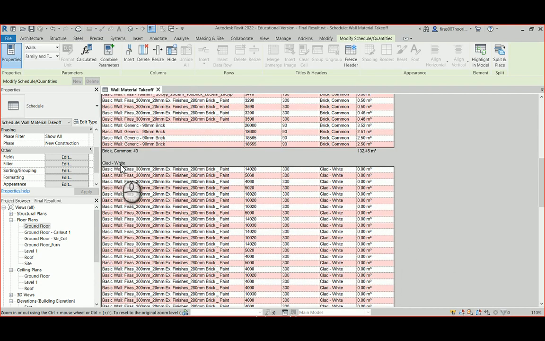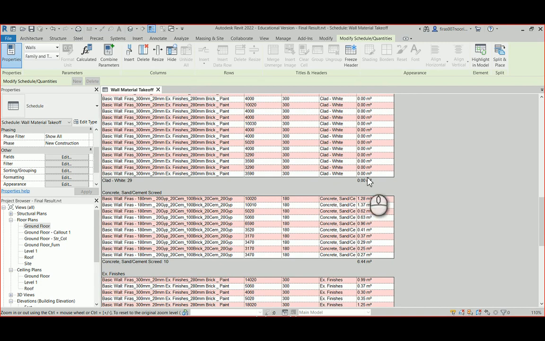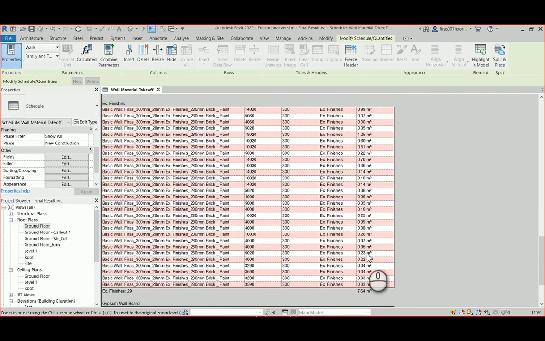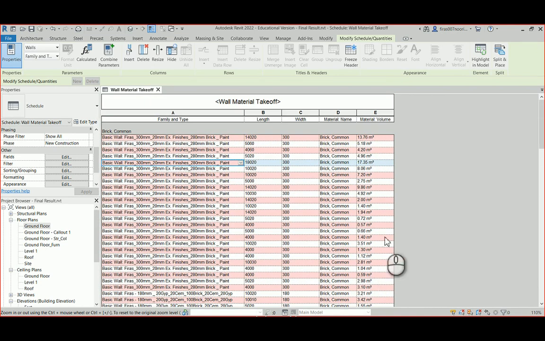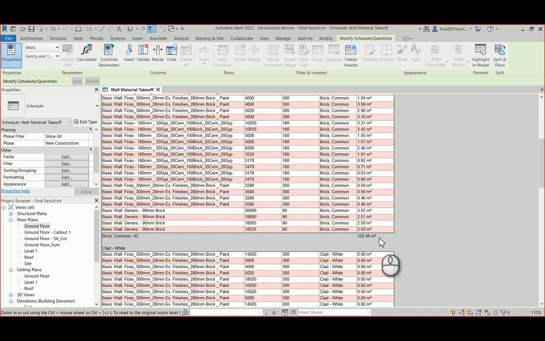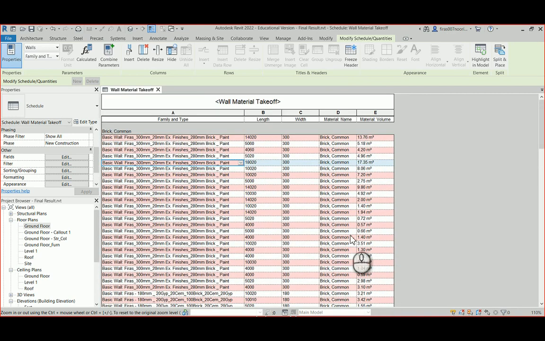Again, I don't care how much this one, I think this is painting, concrete separate, again, that's cubic meter, and the external finishes, and I'm not really focusing on that. All that I want is to get the material takeoff for the brick, and that's the number that I'm looking for in cubic meter. Again, I saw lots of offices prefer not to show all those walls, because it's kind